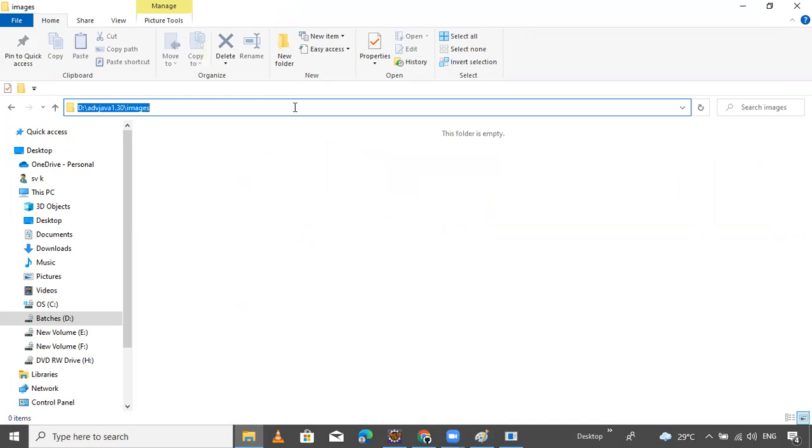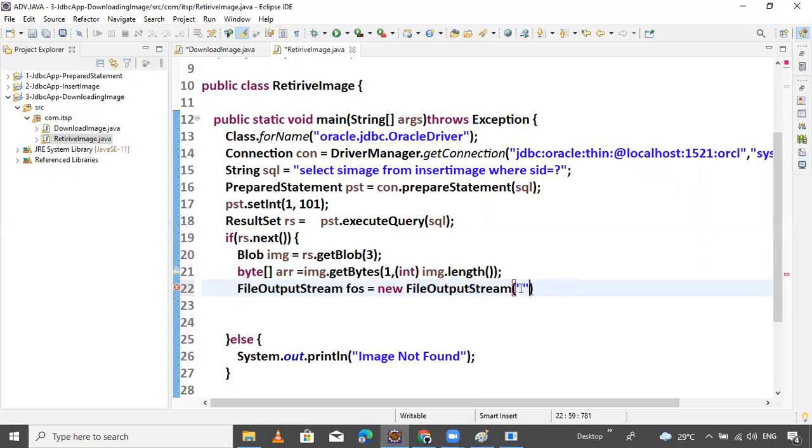Copy the path and provide it here. Use double slash if you are using backslash, or a single slash. Like in the previous notes, at that time I prepared one intro.png.